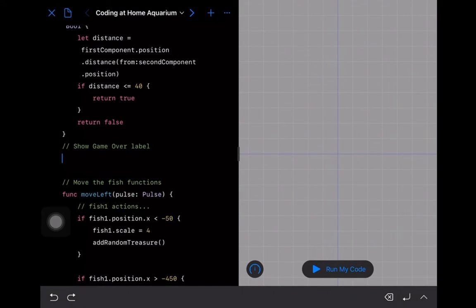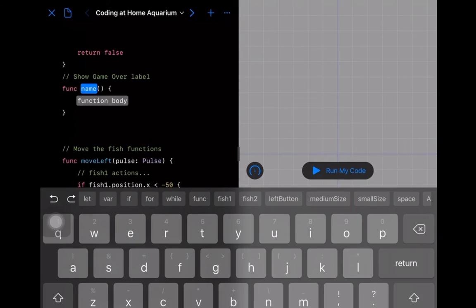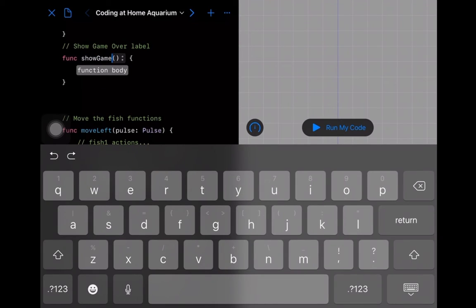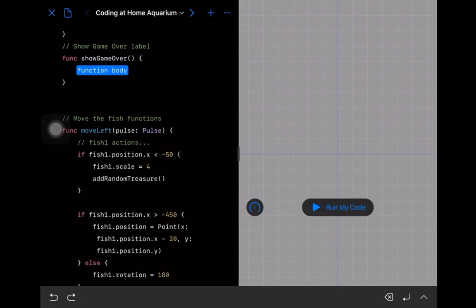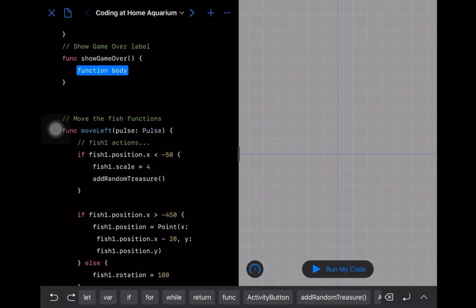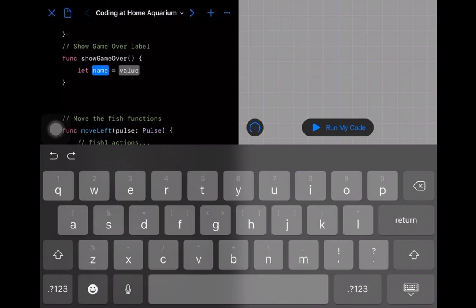So now let's create our game over label. Let's do that. So let's say func show game over. I don't need any parameters because I know I just want to show game over. I don't need a return type because it's going to do all the work itself inside this function. So I want to create a new component, a variable for components. So I'm going to say let game over label